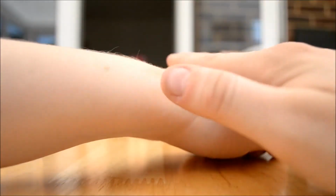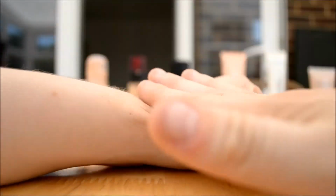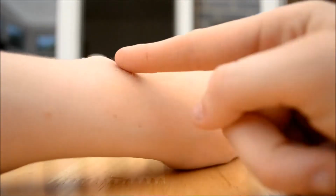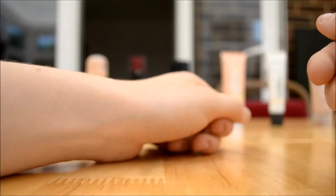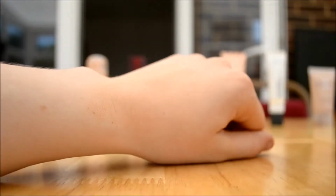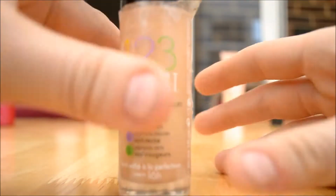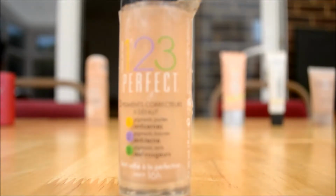As you can see, it's taken quite a while to blend in. But once it blends in, it doesn't really leave any smears. It doesn't look cakey or powdery or anything. It's a lovely foundation, and along with the Makeup Forever HD, I think this is definitely